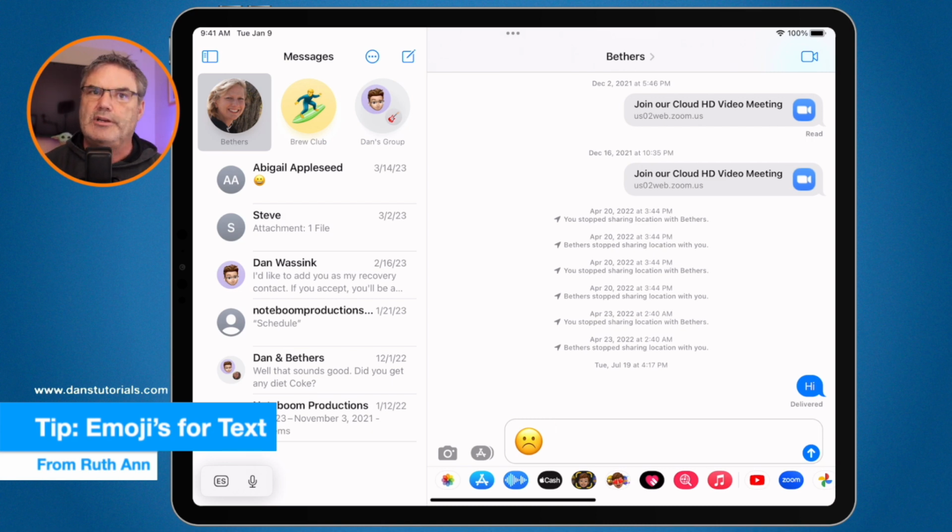I actually use this quite a bit in mail. So if someone says, thanks for this, or that was really helpful, or whatever, all I have to do is just reply with a TU thumbs up. Boom. I just sent them a nice little thumbs up, and I'm on my way, kind of thing. So it's a nice little trick, Ruth Ann, that you use, that can be used for so much more.